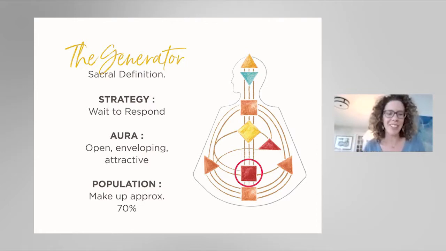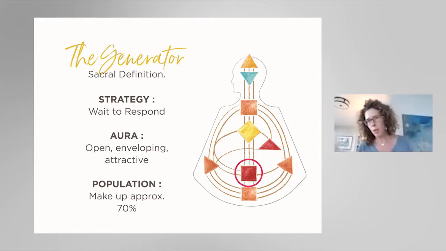It's so funny. Human design has so much jargon. One of the characteristics of the generator aura is that it's open and enveloping. So if you think about it, there's no barrier in the generator aura. And then we have the projector's aura, which is quite penetrating, and that makes it so that the generator and the projector are really designed to have a rich interaction.